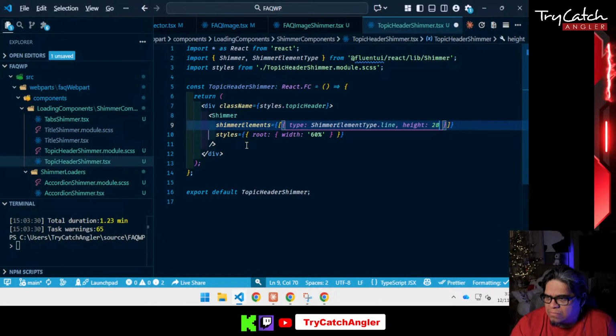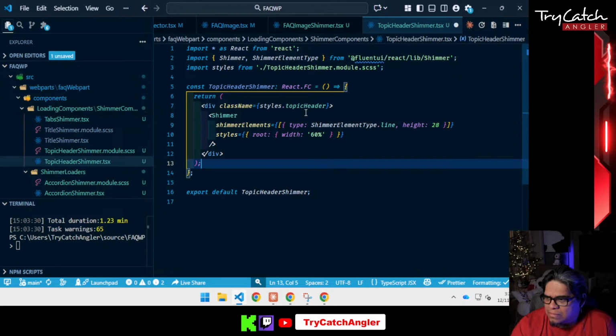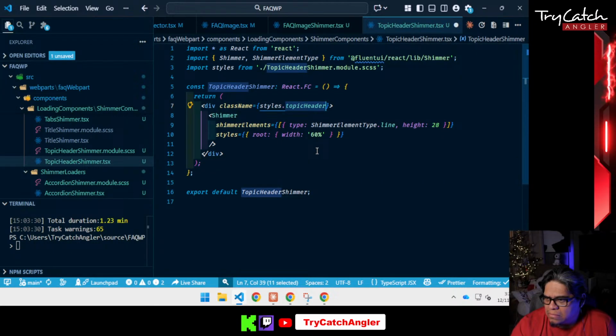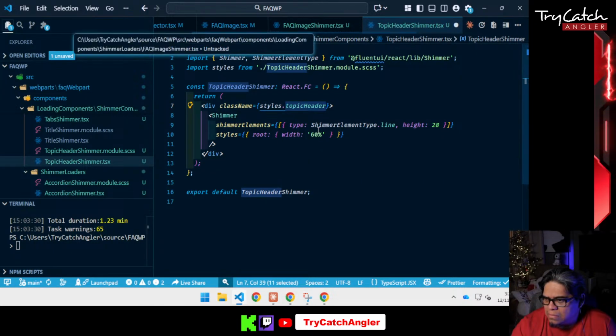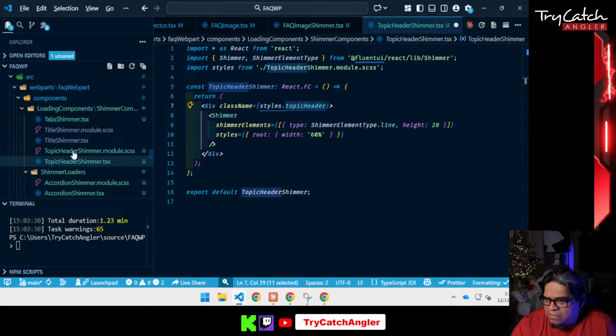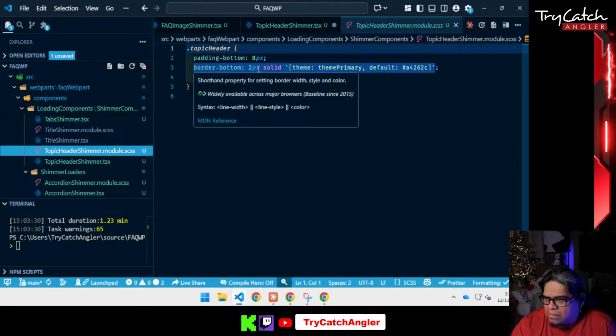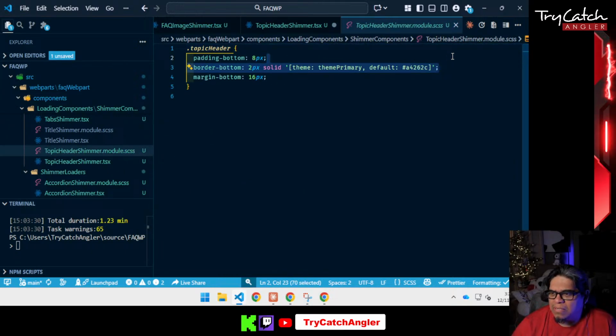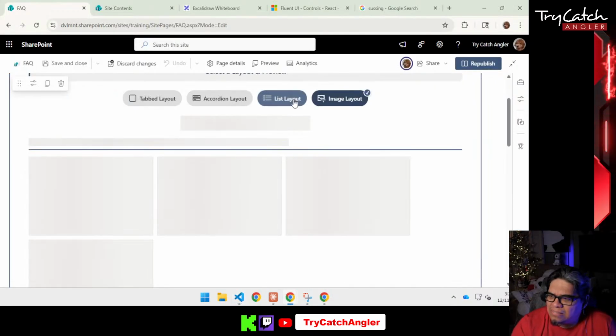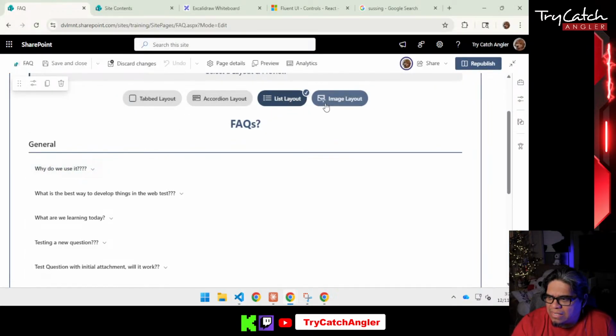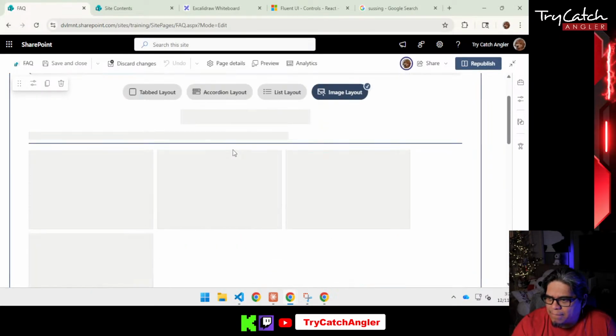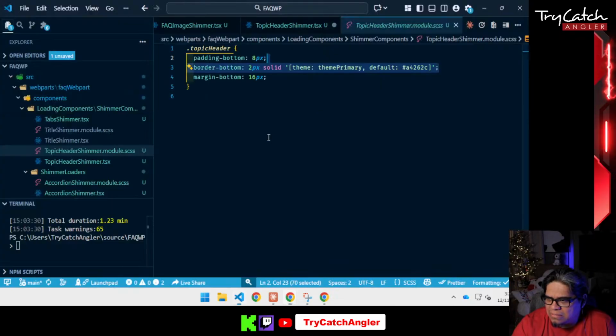And also, I don't know where it got the idea to put topic header, border bottom. Get rid of this border bottom thing. Unless that's why it has it. It has that because